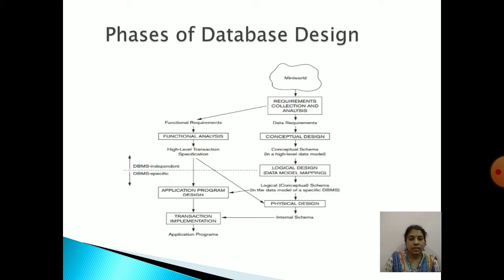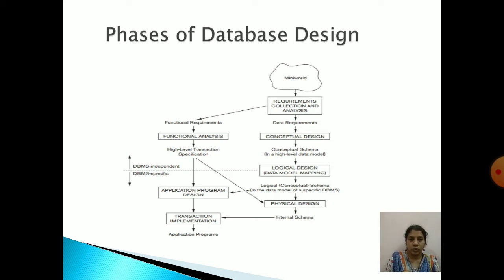So in the SDLC, the first step is requirement analysis, correct? You have to gather the information and you have to see whether it is feasible or not, all those things you have to identify. The first phase in any software development is requirement collection.